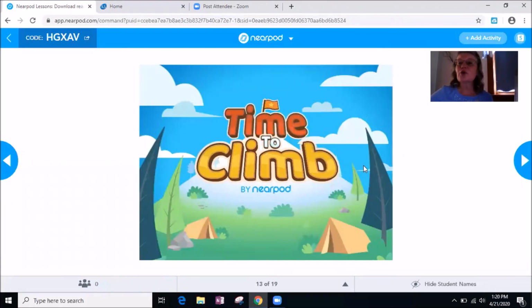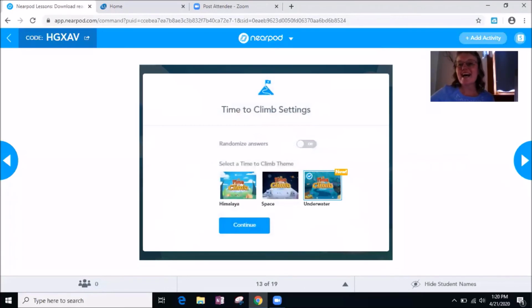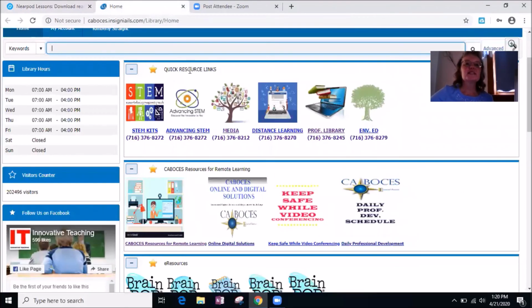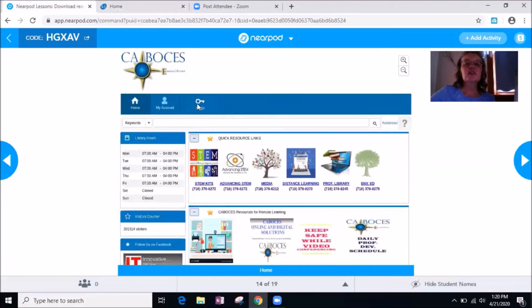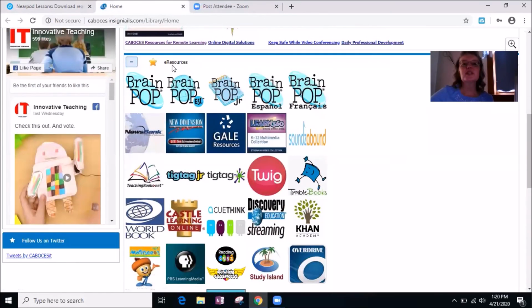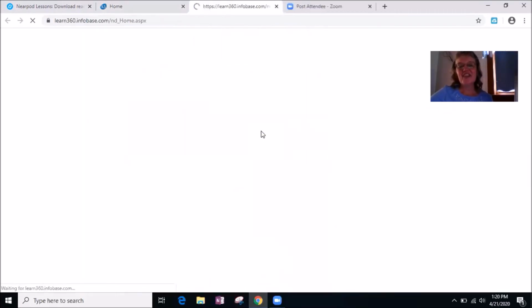Time to climb. So if you go through Nearpod, you'll be able to do time to climb. And here is the BOCES site. So on the BOCES site, you would come up here, click on this login, and you would log in with the information you were given. Now, I want you to scroll down until you come to e-resources, and then come all the way down here to Learn 360. Click on that,